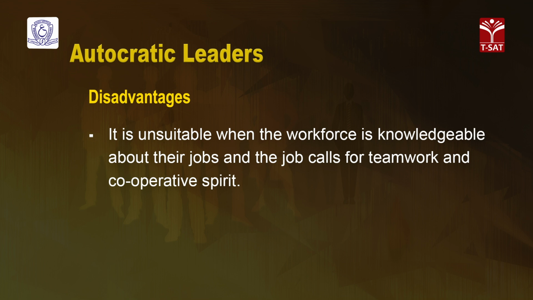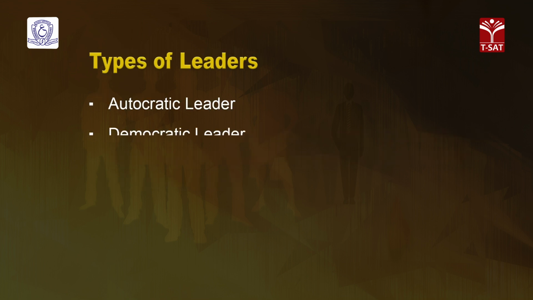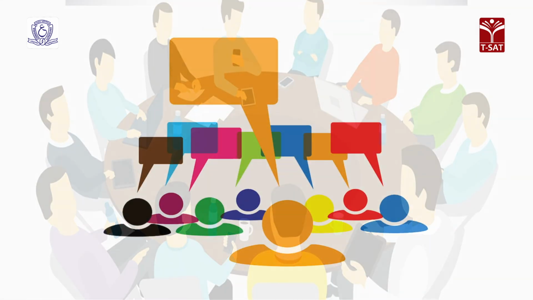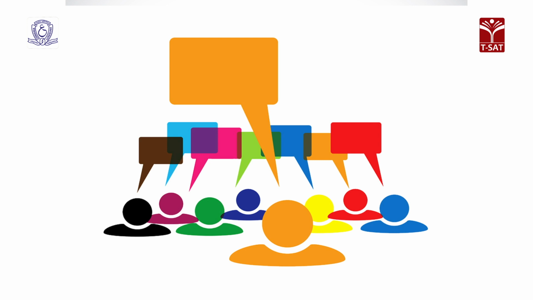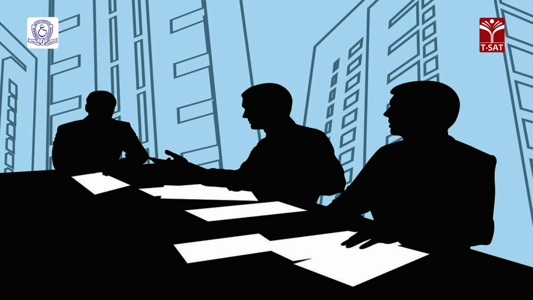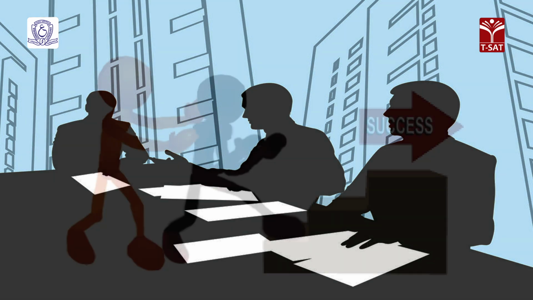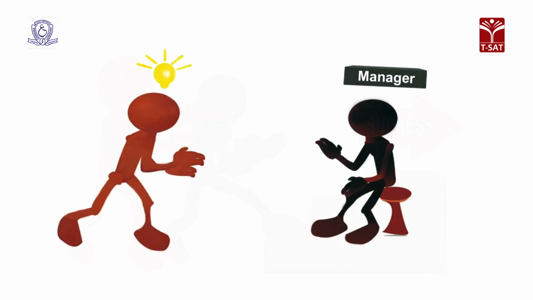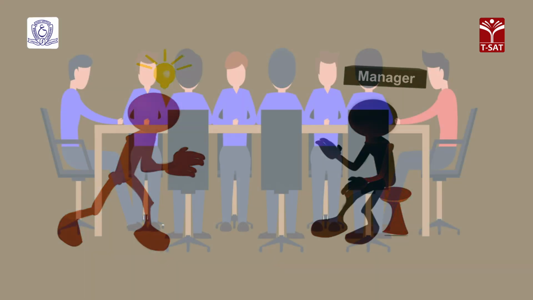Now the second type of leadership, which is the democratic leader. In this type of leadership, the subordinates are consulted and their feedback is taken into the decision making process. The leader's job is primarily that of a moderator, even though he makes the final decision and he alone is responsible for the results. The management recognizes that the subordinates are equipped with talents and abilities and that they are capable of bringing new ideas and new methodologies to the work setting.